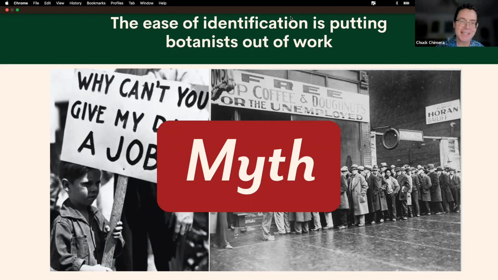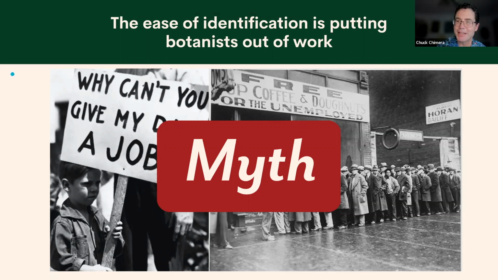We're still going to need taxonomists to describe new species, and to collect and verify voucher specimens. We still need people like Kevin and other professionals to confirm the identities of all the pictures on the plant apps. And the apps are only as good as the photos that are readily available or the reviewers that can confirm the ID. So botanists won't have to look for work anytime soon.